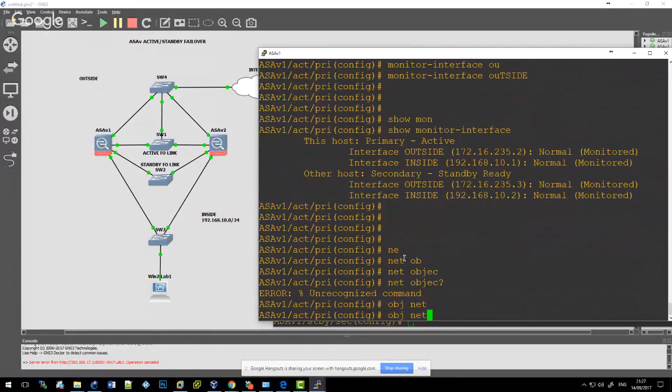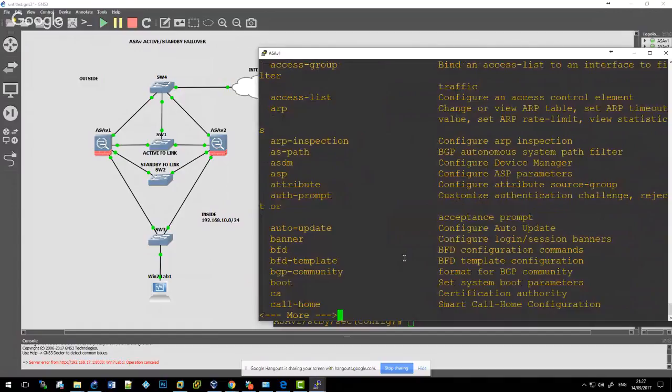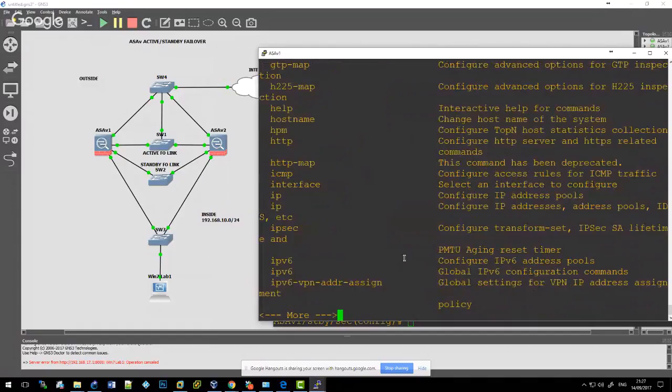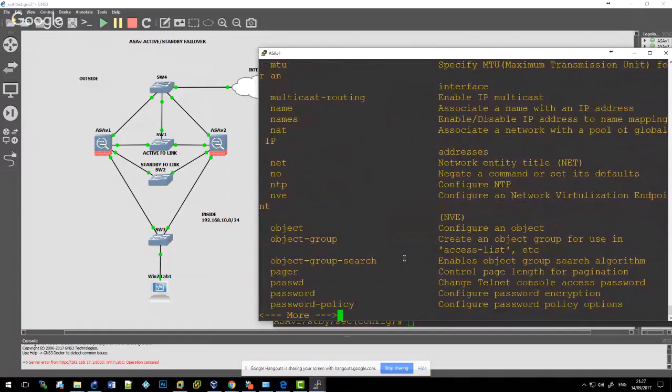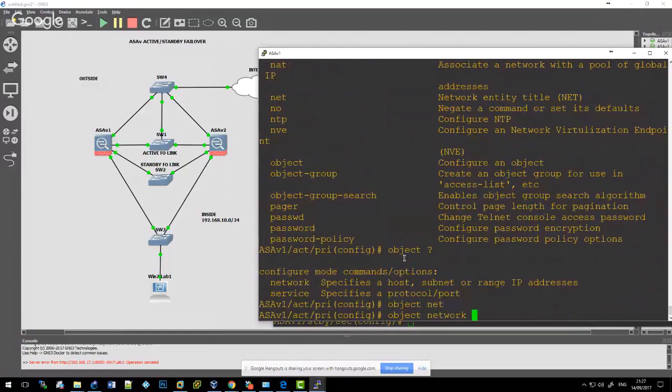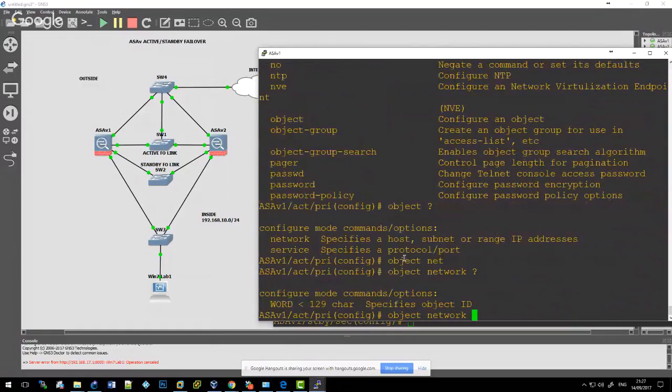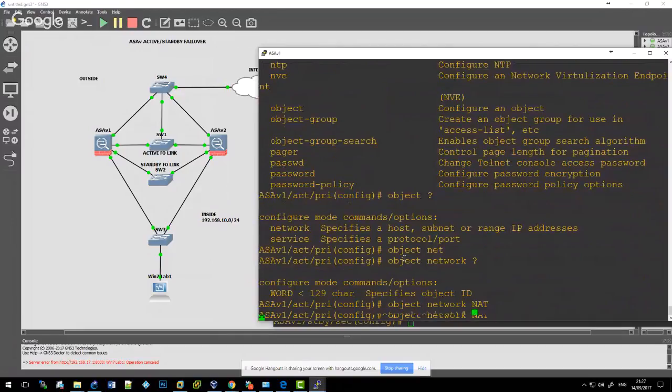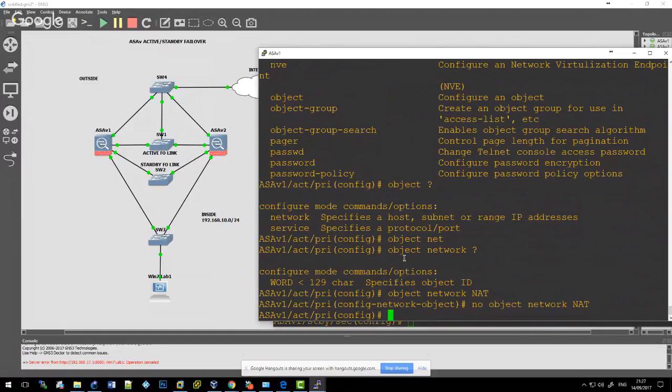Oops, come on now. There we go. Object network. Don't know what I'm doing wrong there. And we'll call this one NAT. In fact, no, we won't. Let's do no network object, and we'll do